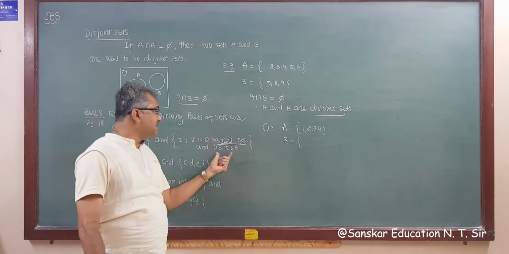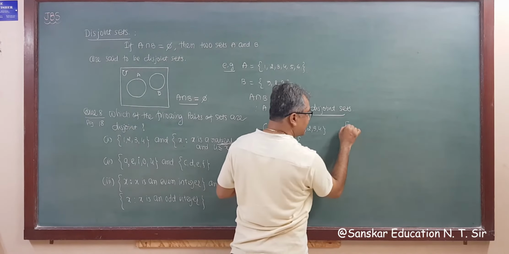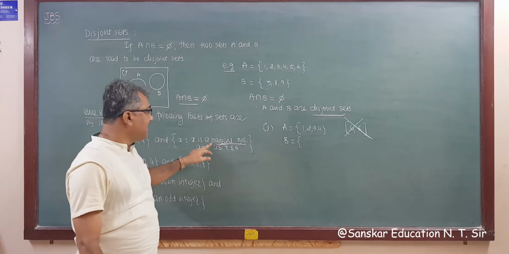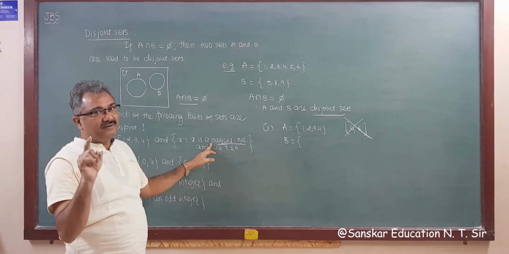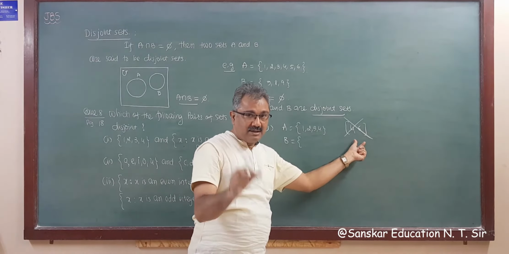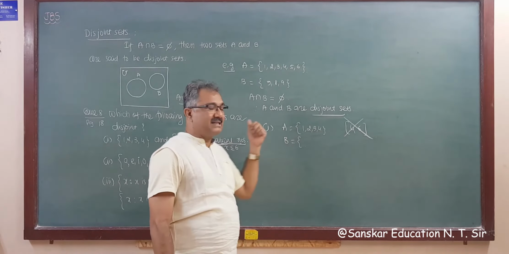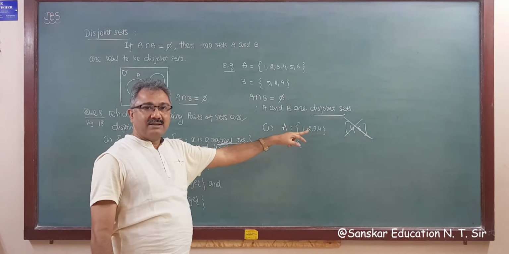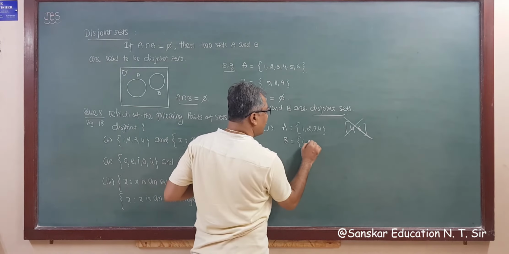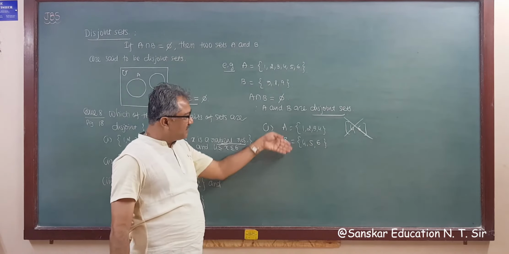And we can't express this in interval form, because it is given only natural numbers, not R. If R is given, then we can write it in interval form. So keep this in mind: if R is given, then we can write in interval form only. Otherwise, natural numbers are never expressed in interval form. So we have to include 4, then 5, and also 6. Now the intersection of these two sets.